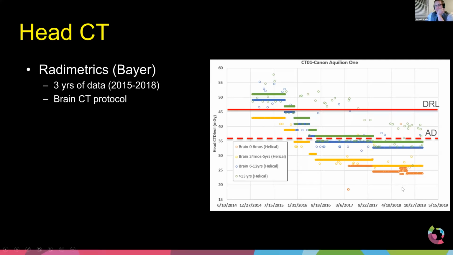2018 data. I was showing you this data on this side over. So I was kind of showing you our good data. But what happens if I expand it and I go back further in time? Now you see all the way back to 2015, we actually had some pretty high values. Our average greater than 13-year-old and our average 6 to 12-year-old protocols were above what would, quote unquote, call